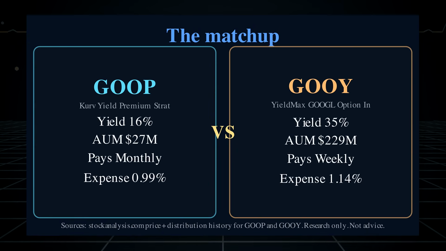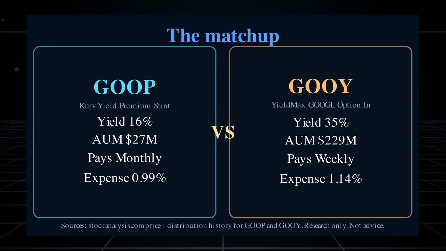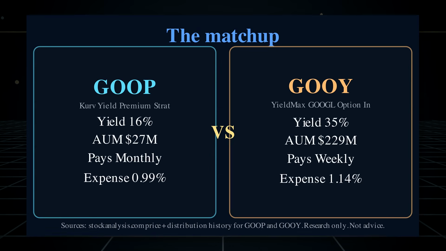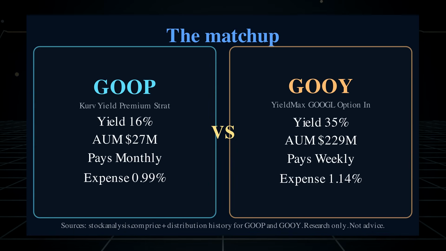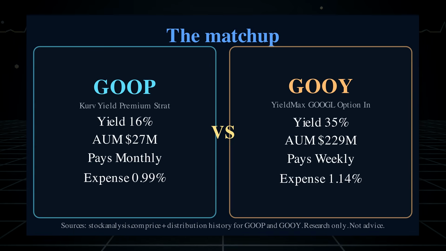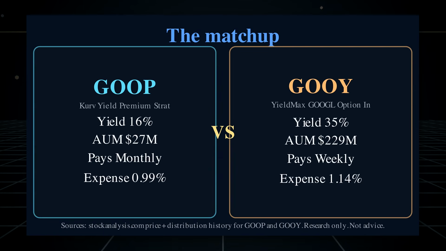The strategic difference is in implementation and cadence, rather than a completely different species of product. GOOP uses exchange-traded and flex options, with both call and put contracts represented in the supplied holdings, and pays monthly. GOOY's supplied holdings show a call writing structure and a weekly payment schedule. Both manufacture income from option premium around the same company. Neither manufactures wealth merely by moving cash from the portfolio to the investor. The autopsy has to separate cash produced from capital consumed.